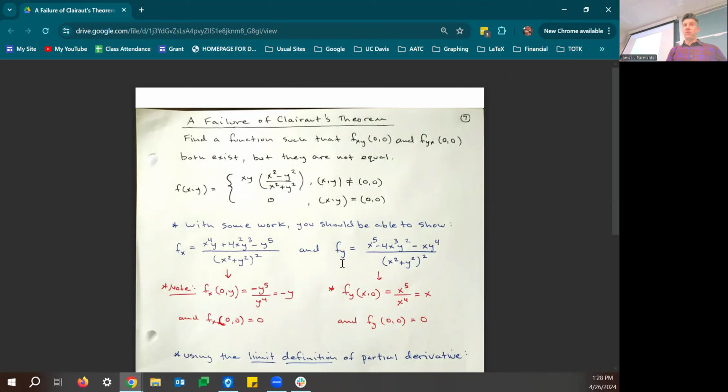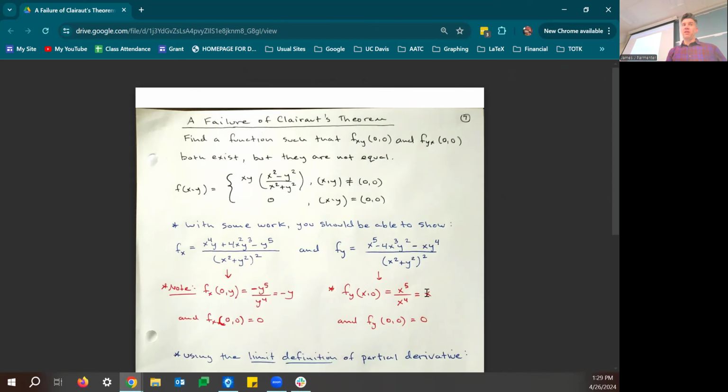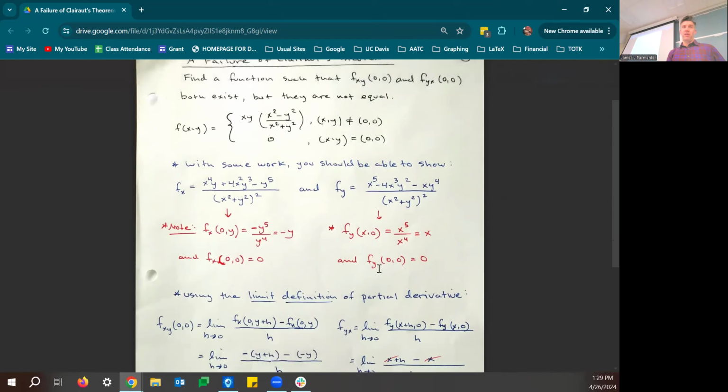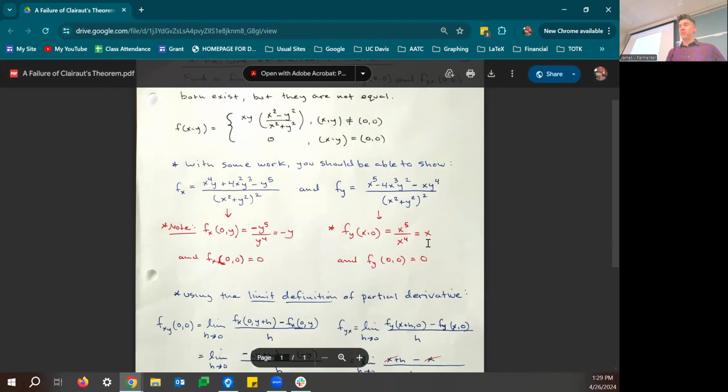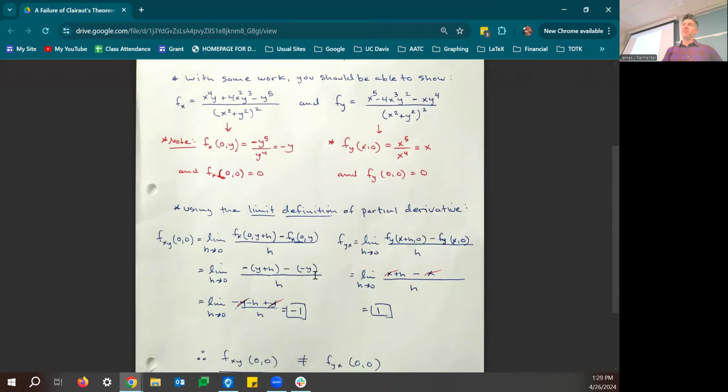The partial of this evaluated at 0, y is negative y. The partial of this evaluated at x, 0 is positive x. But then if you take the derivative of that, you're going to get both 0 and 0, because if you plug in 0 for y, you're going to get 0. If you plug in 0 for x, you're going to get 0. So the partial derivatives are there. And then if you do the partial derivatives using the limit definition, which is kind of a funky thing to do,